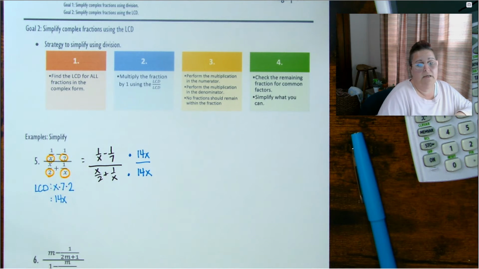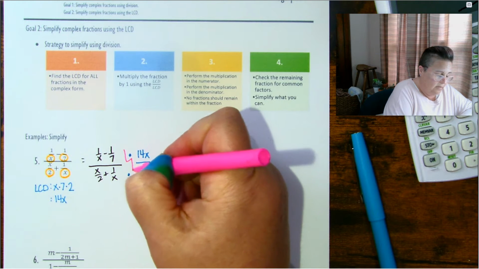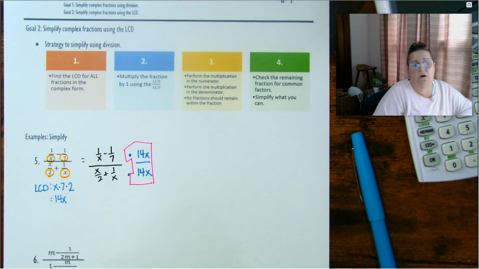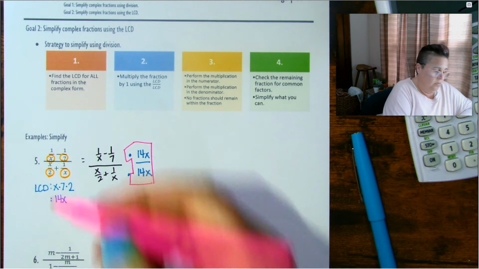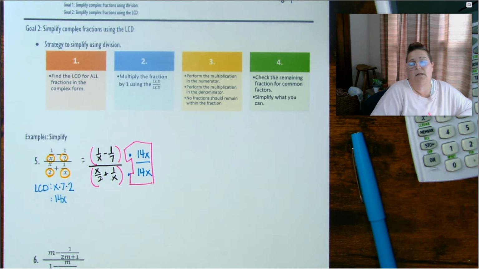This works because 14x divided by 14x is the same as 1. We are effectively multiplying this fraction by 1. And when we do that, we will change the look of things, but we will not